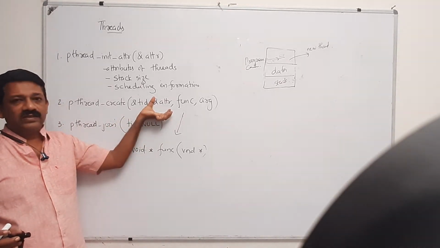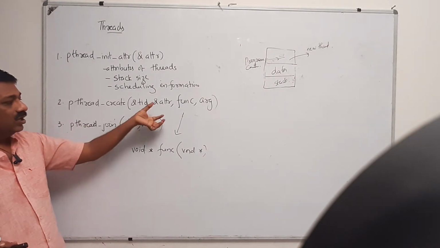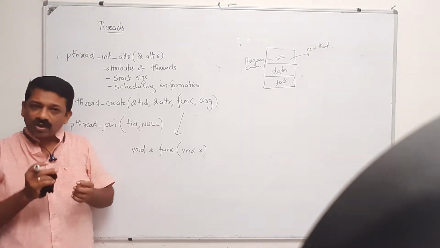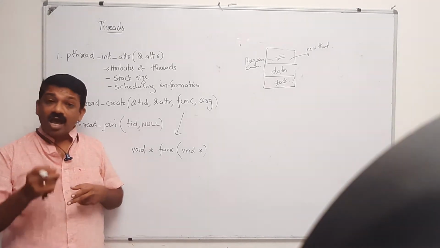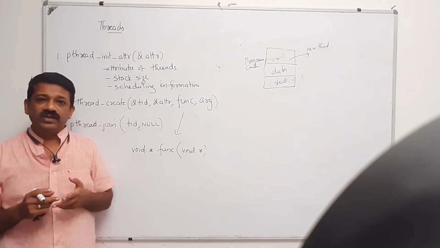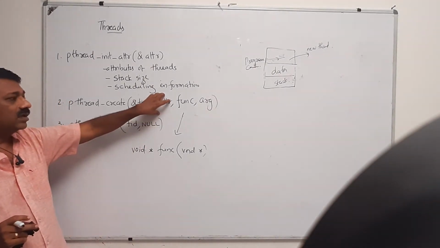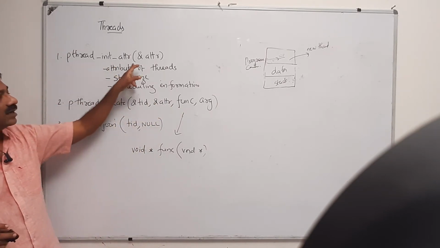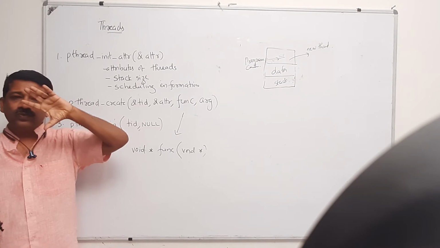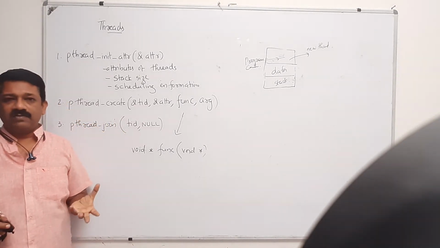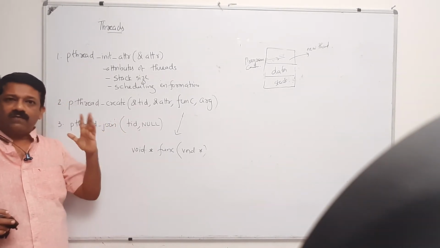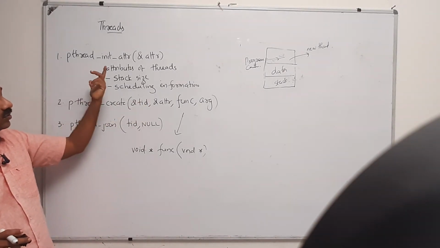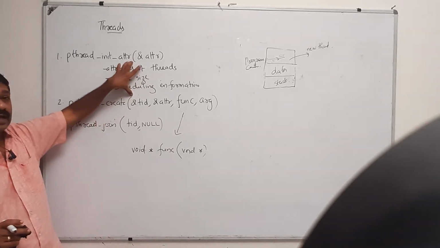What are the properties of that thread? That means initially, if you can set the properties of a particular thread, that means you are going to create a thread, and what are the general properties of that thread that can be set using pthread_attr_init. That means you are going to set those properties. If you are creating a thread, what should be the properties? Those properties you have to already assign or set.